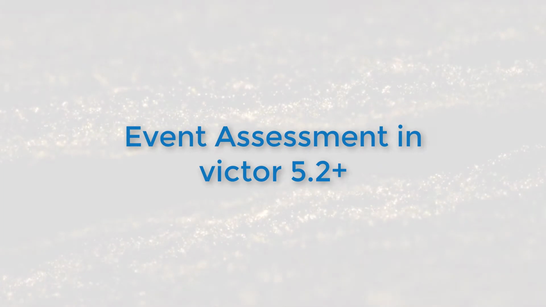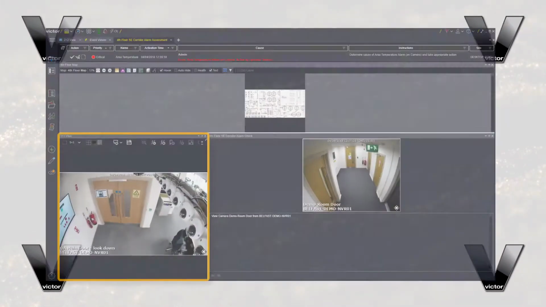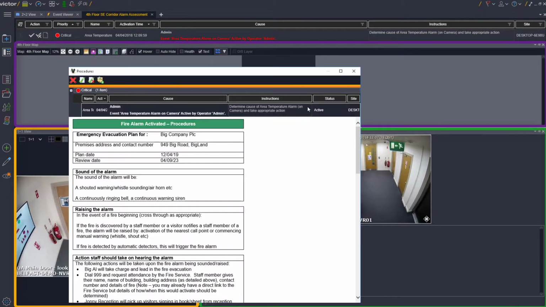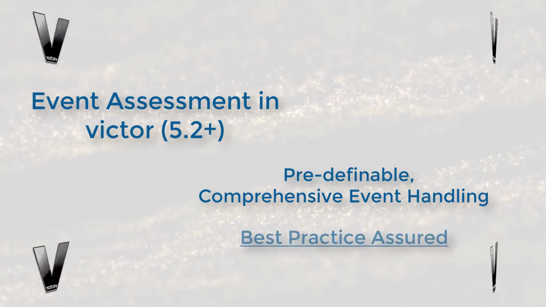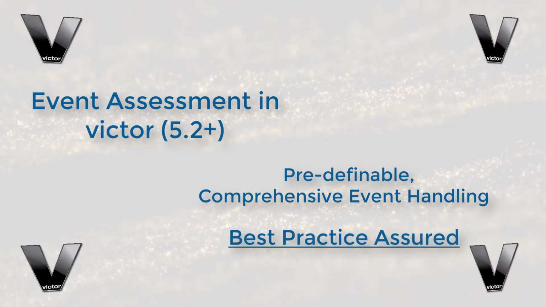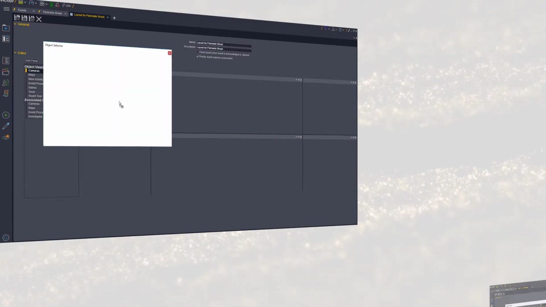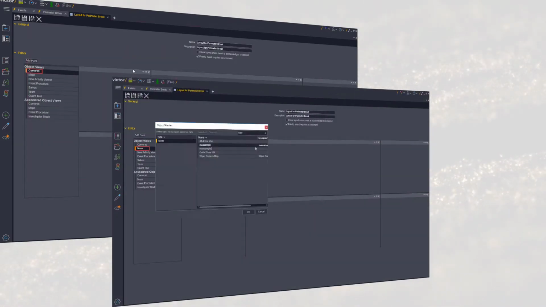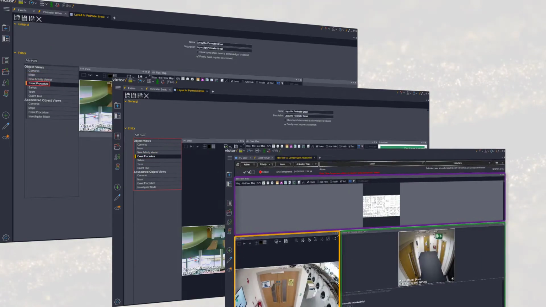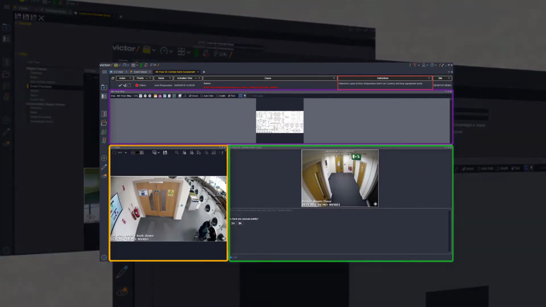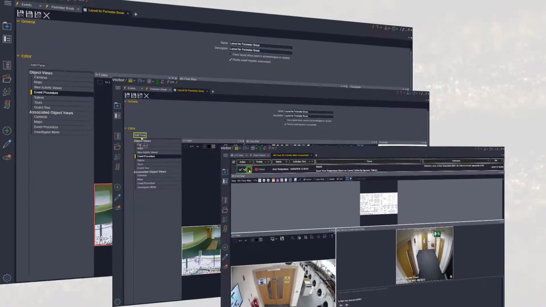Victor 5.2 introduces Event Assessment, a powerful feature which helps ensure that operators have all the information, steps, and documentation they may require in a predefined and comprehensive fashion to ensure best practice event handling. Event Assessment in Victor allows system administrators to specify events which must be assessed before they can be acknowledged or cleared, and then to add pre-configured layouts and selected procedures to the Event Assessment window of that event to ensure efficient, complete, and proper processing of, for example, a critical event such as a fire alarm, active shooter, or intruder